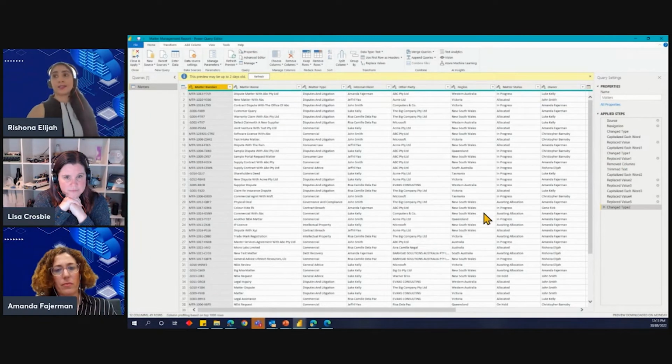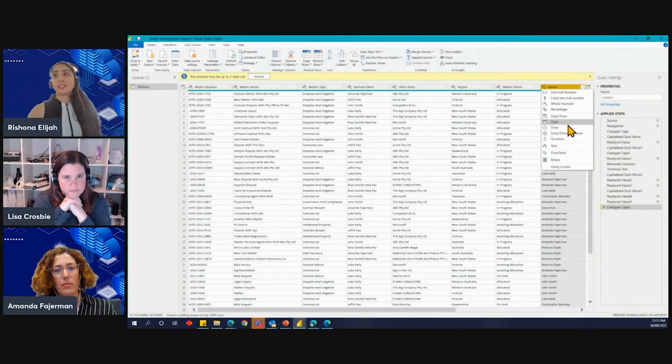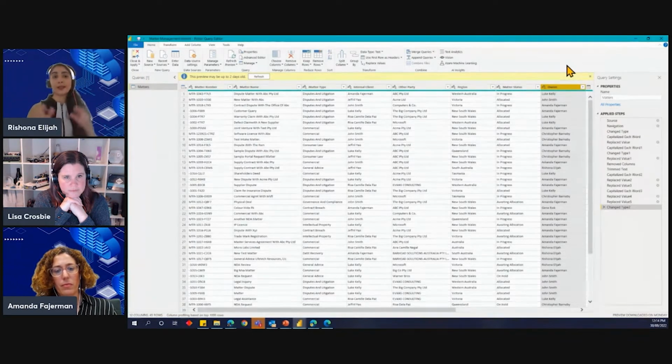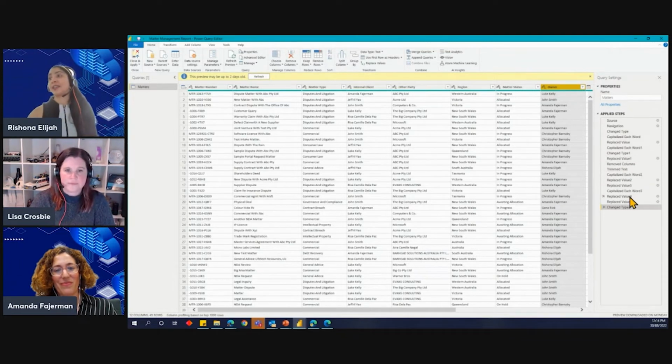I wanted it uppercase. There could be some missing values here that I need to fill in. So replacing values, changing things like the data type, if I want to make something a date or a text field, all of these changes and that cleaning we can do via this Power Query tool in Power BI. So we connect to our data, we clean it using this tool, which I won't go through on how to do right now, but you can see a list of all the changes I've made down the side here to just pretty it up so we can actually get some proper insights once we start to visualize